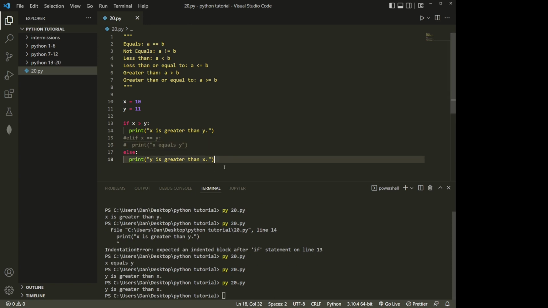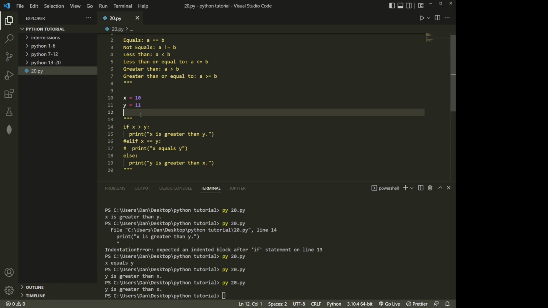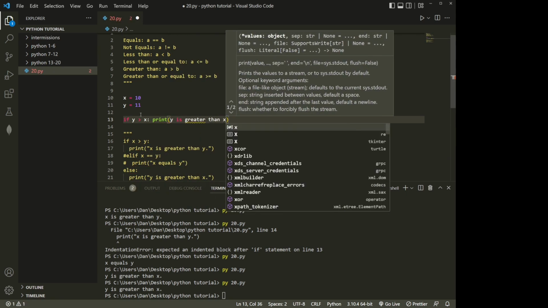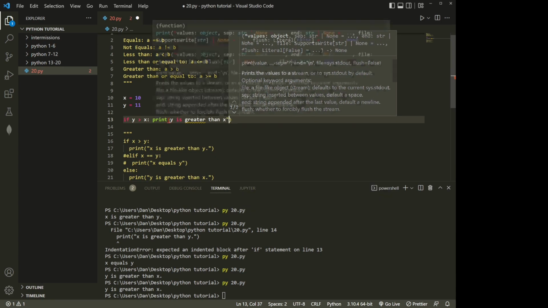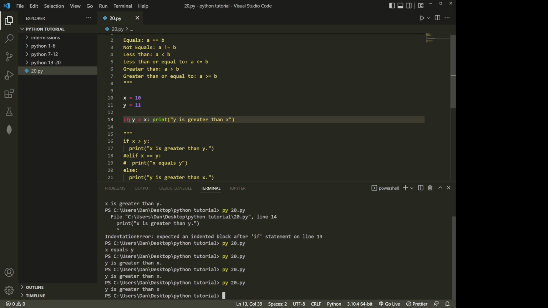So the other thing that we've seen that's kind of like a shorthand if, I'm going to just comment this stuff out really quick. So we can just do a single line here, if statement. So we can say if y is greater than x, print. I need to put those in quotes. So it still runs because you can do a lot of stuff inline. A lot of times you'll want to break it up, how we had it before, indented on the next line,